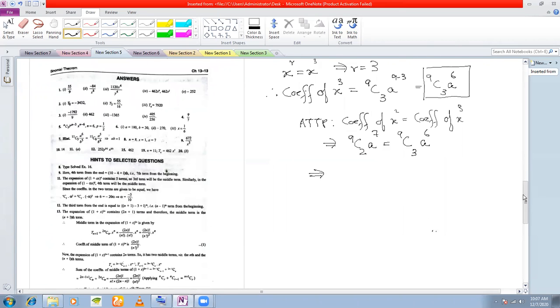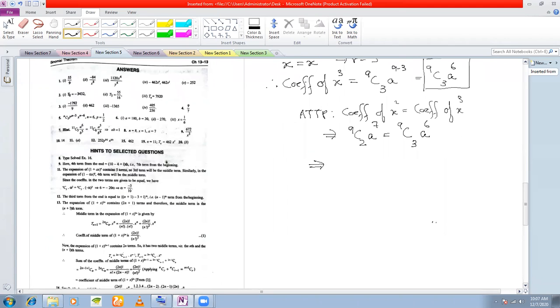Now just simplify this. 9C2 is 9 into 8 by factorial 2, a to the power of 7. 9C3 is 9 into 8 into 7 by factorial 3, a to the power of 6. So the 9s and 8s cancel. So 1 by factorial 2, a to the power of 7